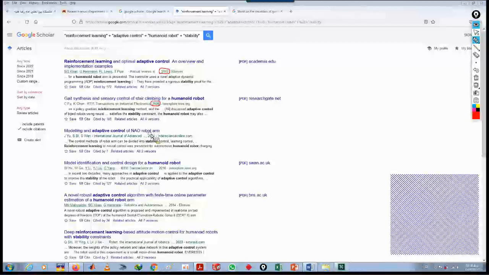This paper was published in 2021. So if you generally search for some topics, you can find many papers and research in different years. Okay, so this is another hint that I want to tell you about. What the question